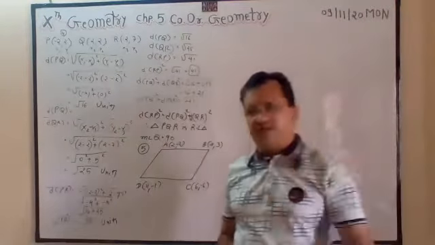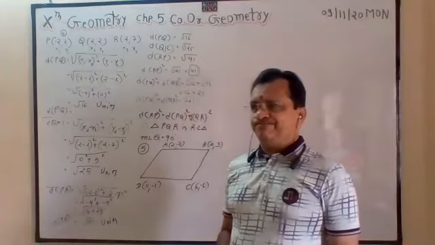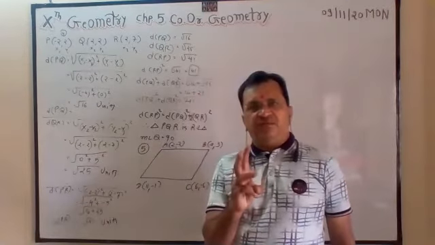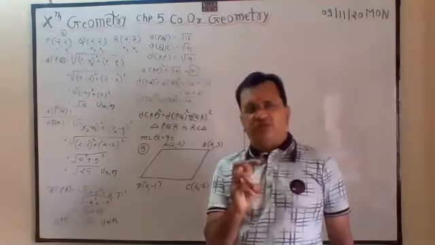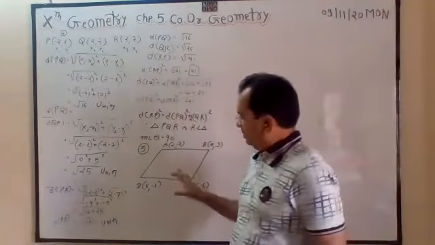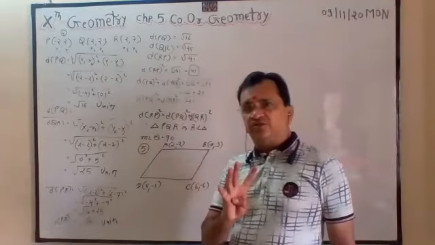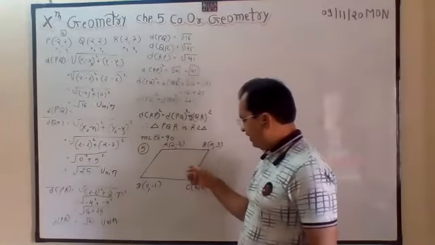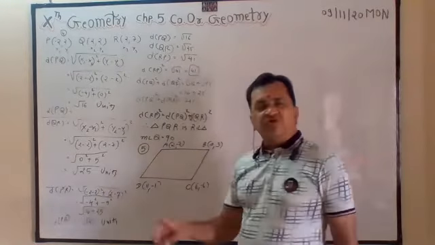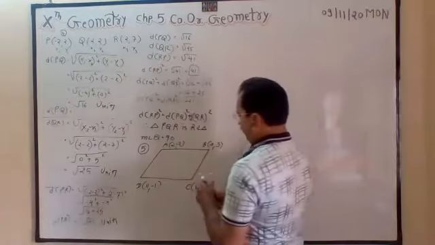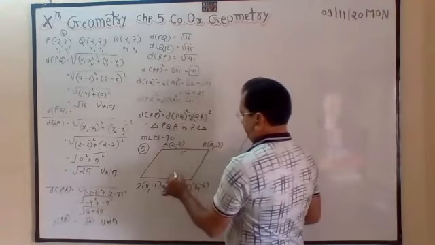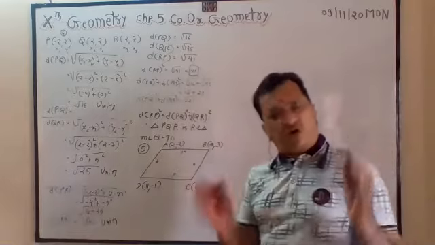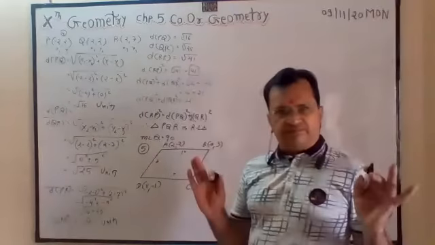Now, dear students, listen very carefully. In a right angle triangle, we have three sides, so you can find three distances. In a quadrilateral, four sides, four distances. Find one distance, two, three, four. For example, suppose it is 10 and 10, suppose it is 7 and 7. If opposite sides are congruent, it is a parallelogram.